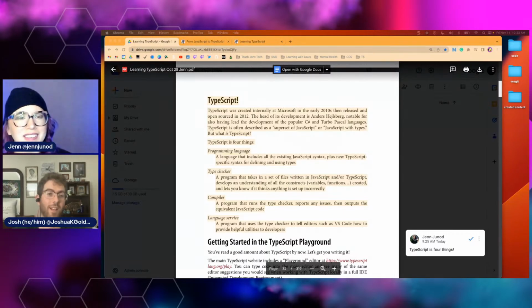It's a service. Think of it, let's say a programming language is a description of your apple pie recipe. Content warning, food for those who are into it. The apple pie is describing a programming language. The type checker will look at your recipe and say, no, you don't need clementines. Everything else is good. The compiler takes your recipe and turns it into an actual apple pie. And the language service is the server who brings you that apple pie.